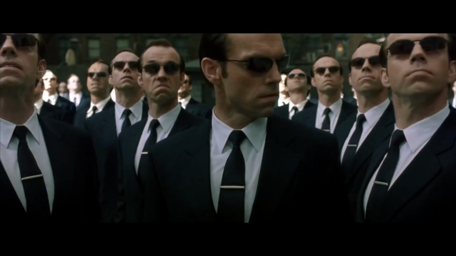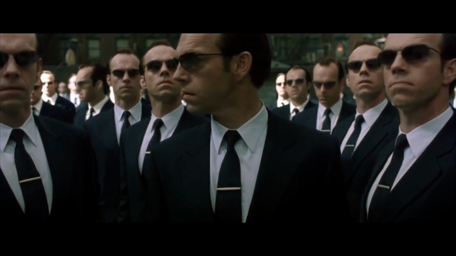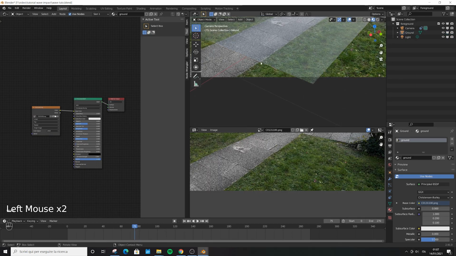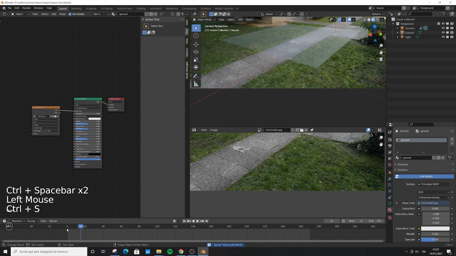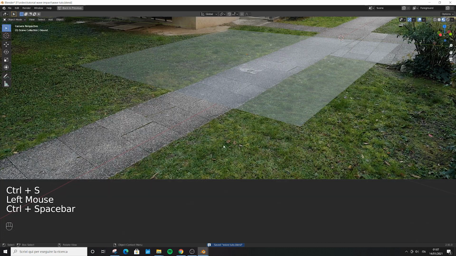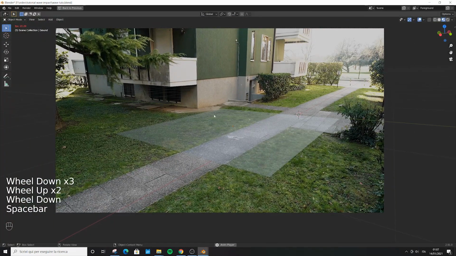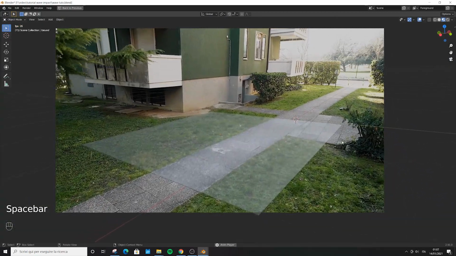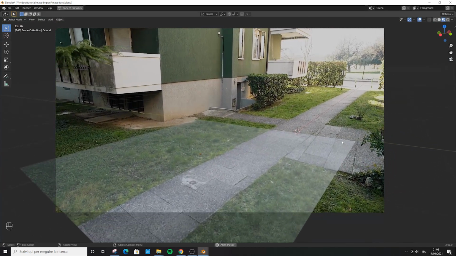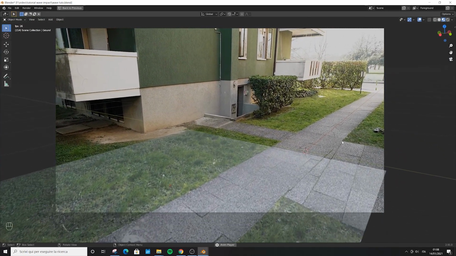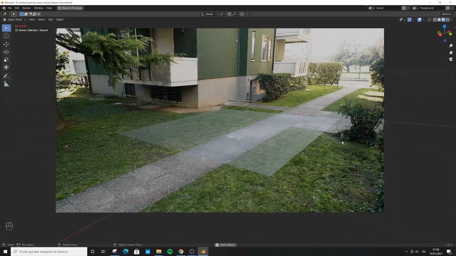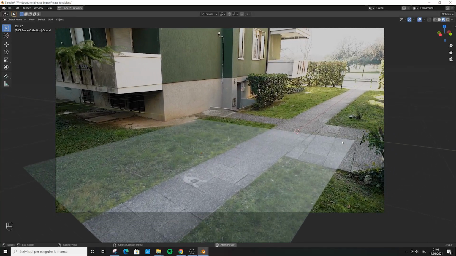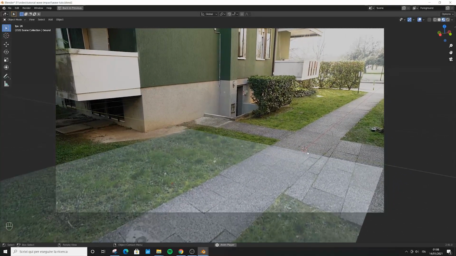An important note, at this point you may be asking yourself, why did he choose exactly the texture from frame 100? Well, frame 100 is something around the middle of the animation and the movement of the camera. If I had chosen a texture from the beginning of the animation, we would have had a very low quality texture when the camera zooms in around the end of the animation, and you would see all the giant pixels on it. On the contrary, if I had chosen a texture from the end part of the animation, we would have had a lot of problems with the UV projection because the mesh is almost entirely cut out of the frame.